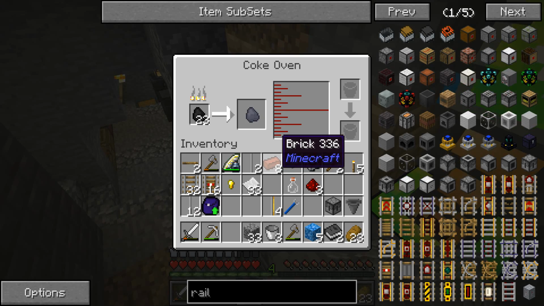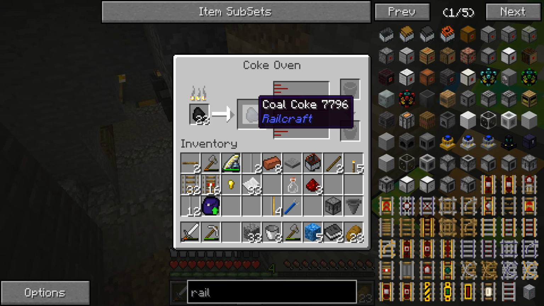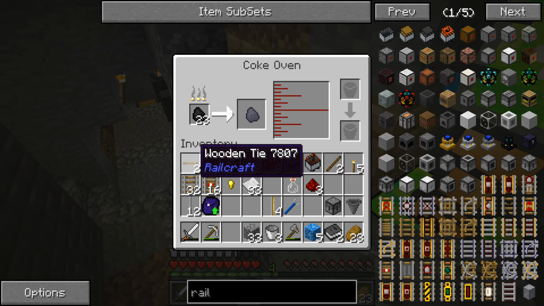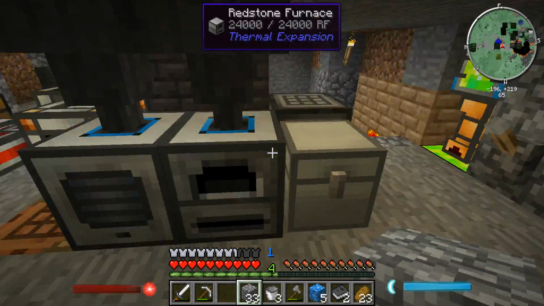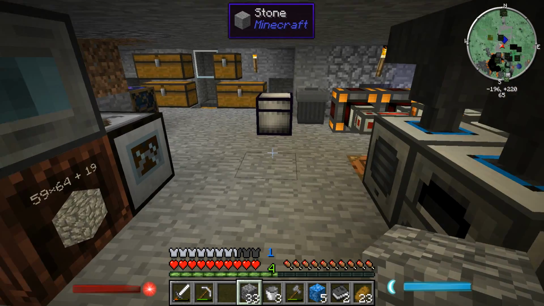Unfortunately, I did find some coal, so I'm trying to turn that into coal coke so I can get creosote oil and make more ties. I need 6 more ties so I can put it into a railroad bed. There is a stone method, but I have to do a rebar with the roller. So